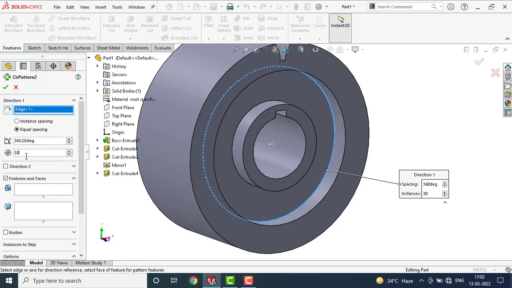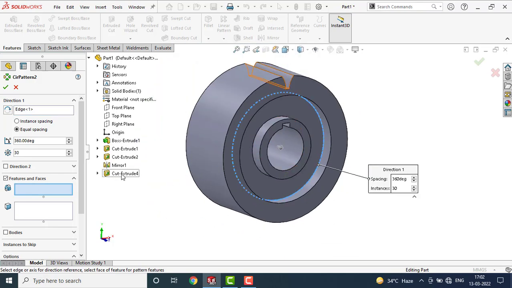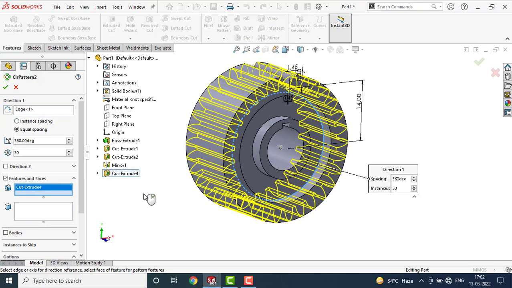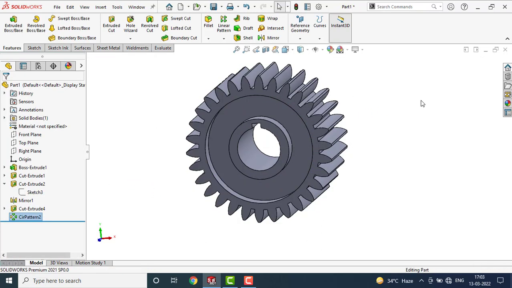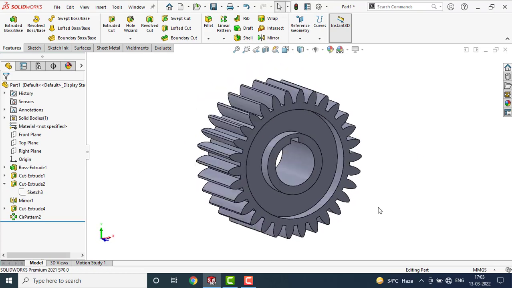This is okay. And in Features and Faces, just select this Cut Extrude feature. Just click OK. Now we have the model of a 30 teeth spur gear.